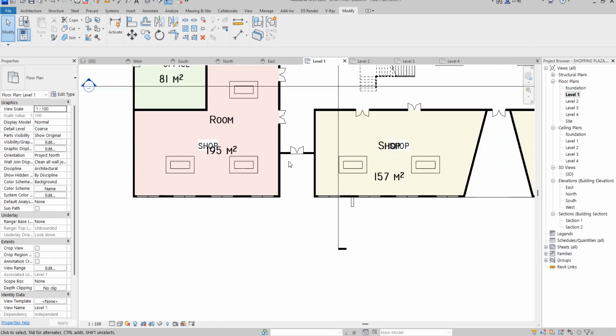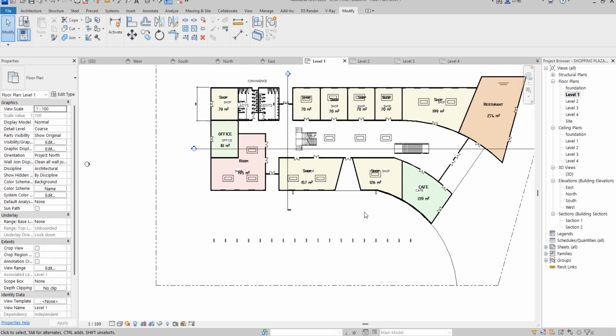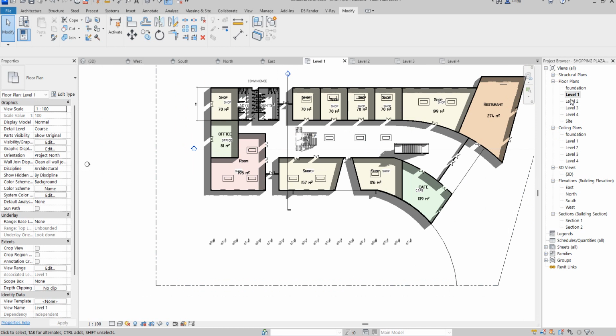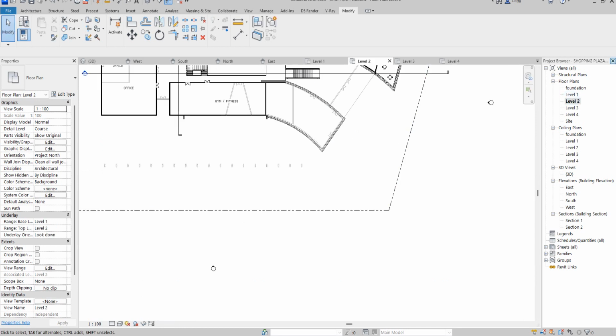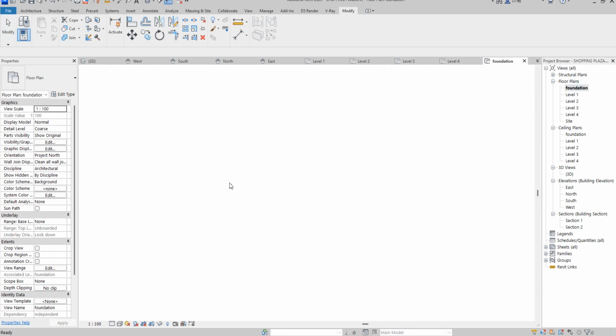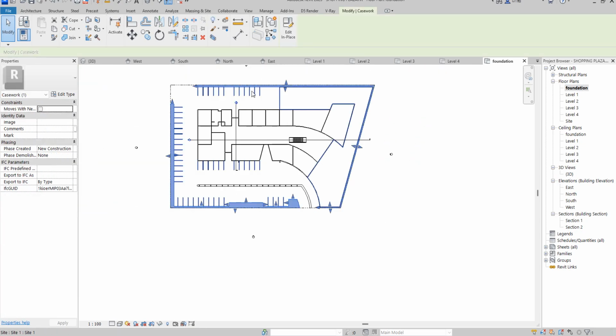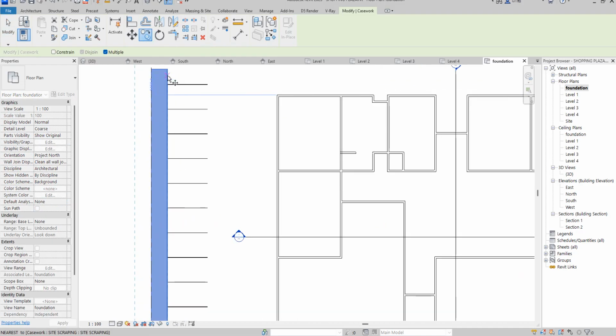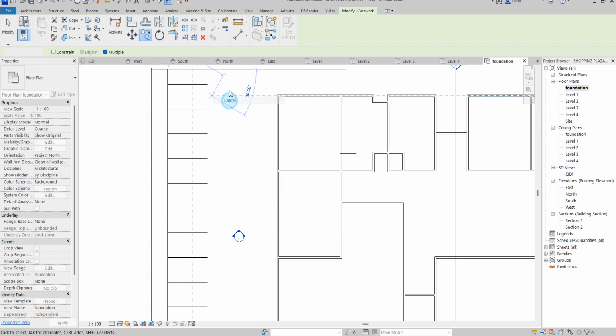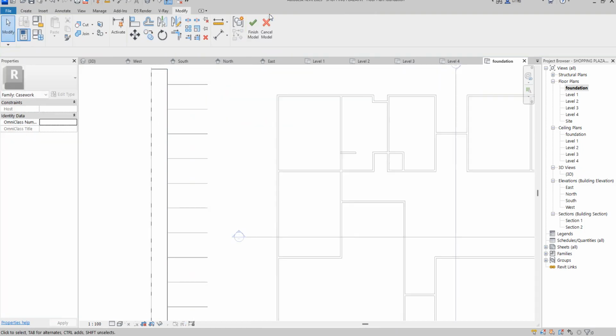So I'm coming here. The next thing I need to do here is that I want to put, okay, let's say foundation is what I come to. So I'm going to select this. What I'm doing here now is that I will do copy. So I'm going to copy one on one spot. So I'm going to press one and say okay. So I did that by clicking, then you say